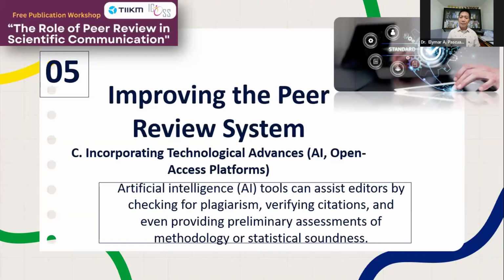Additionally, aside from AI, open access platforms and preprint servers allow researchers to share findings more rapidly and receive broader feedback from the scientific community before formal peer review. For example, ResearchGate allows the uploading of manuscripts as preprints, and also SSRN. So those are examples of open access platforms. While these innovations can't replace human judgment, they can complement it, helping to modernize and democratize